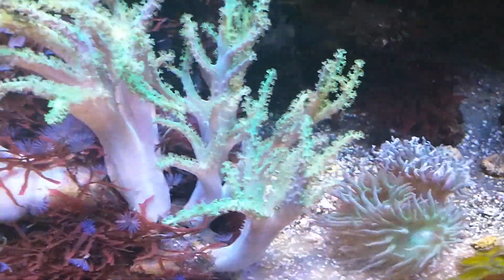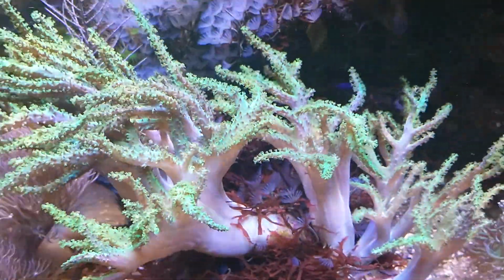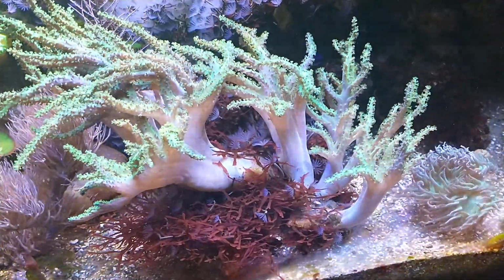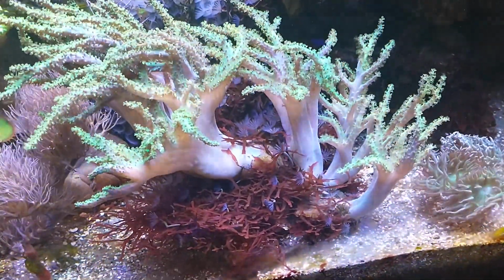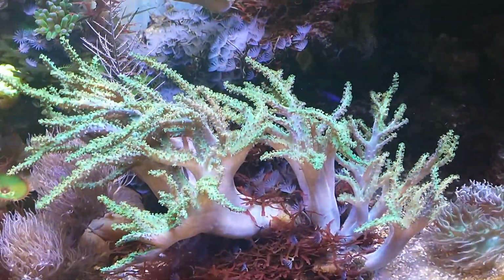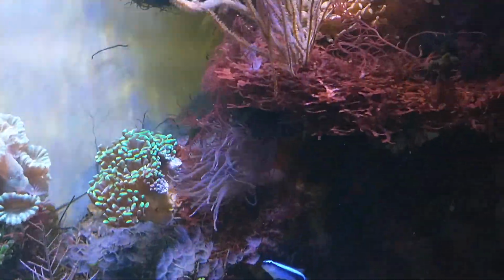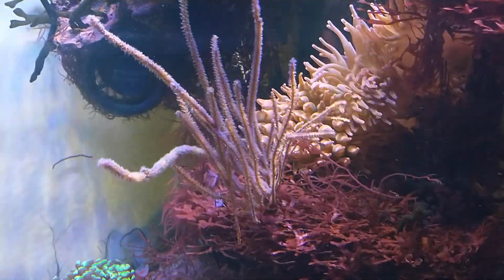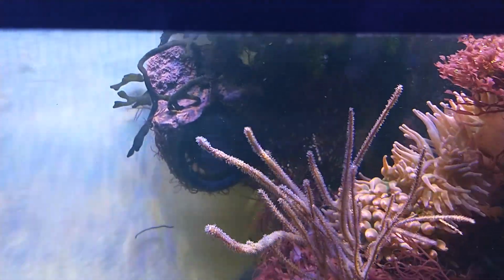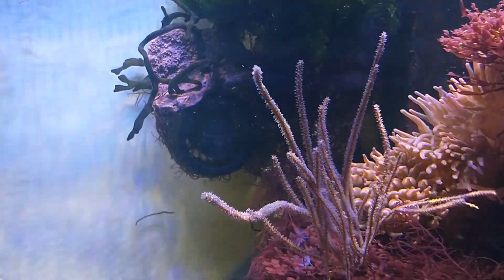And the Sinularia is growing. I may have to frag it and sell or give some of that away. Up at the top, I still have the gorgonian. You can see there in the background, I have